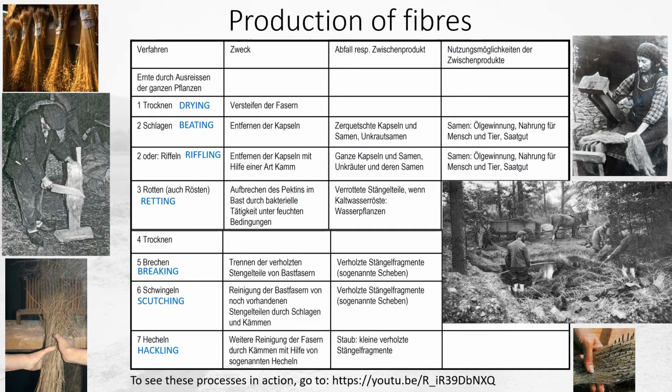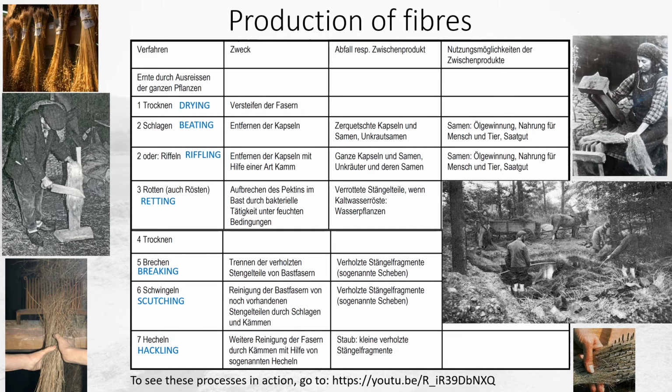The use of flax fiber production was probably accompanied by the development of more and more sophisticated fiber production technologies. Simpler technologies were already known in prehistory and, as we saw in the previous lectures, to some degree already in the Paleolithic. The slide shows the traditional working steps required for making flax suitable for textile production. The production of linen fiber is a multi-step procedure and takes several weeks, starting with the drying of the flax